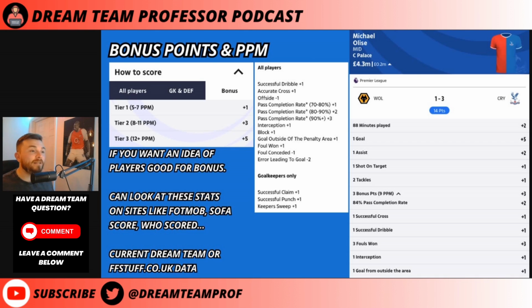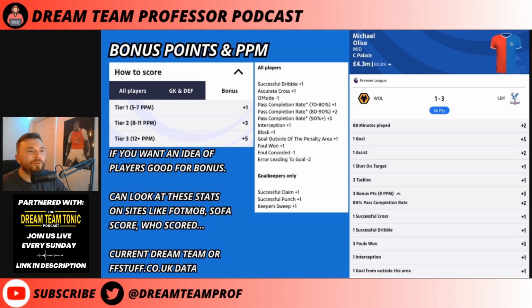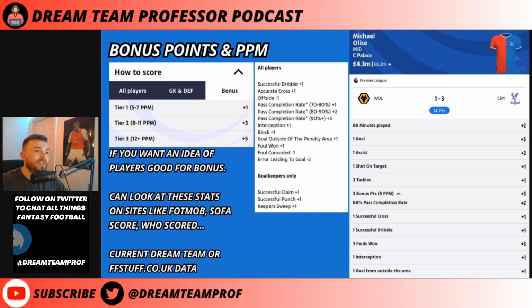If you want a good idea of how to research which players are good for bonus points, you can look at typical stats sites like FotMob, SofaScore, or WhoScored. You can search these websites and you can look at all sorts. Obviously, goals, assists, shots on target, tackles are on there. You can also break it down and look who's got successful crosses, successful dribbles, and you can search for it